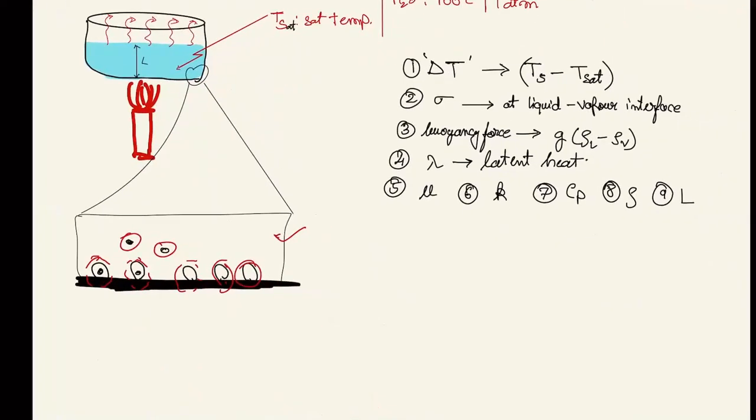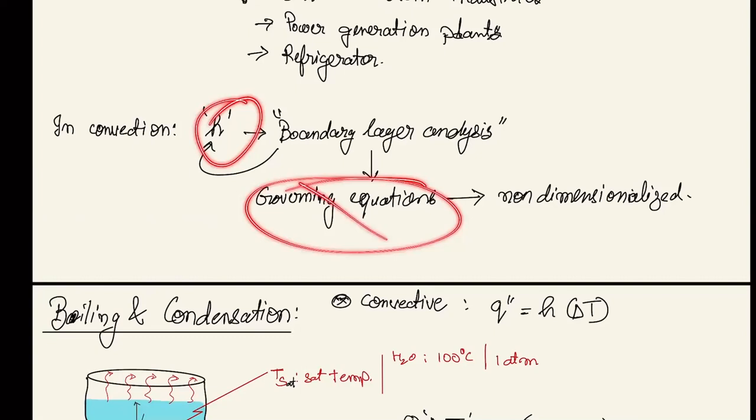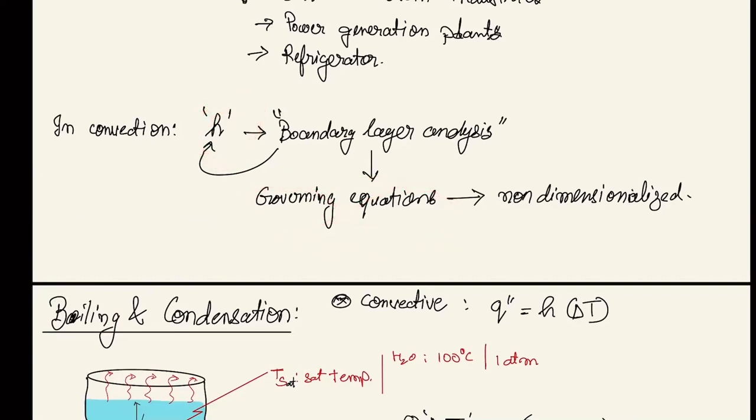So basically we cannot start our particular approach for getting H with this starting point. So rather what we'll use is, we know that to find out at what rate the liquid is getting boiled, or at what rate this is getting condensed using this particular expression, and for this particular expression I need to know the value of H.